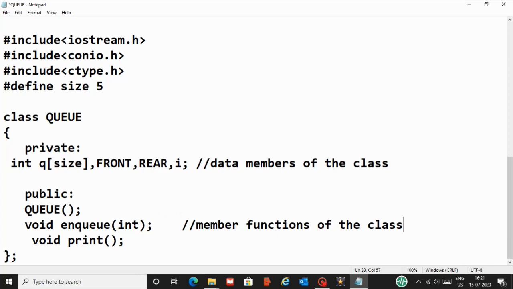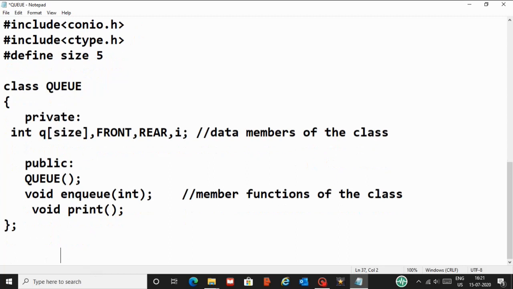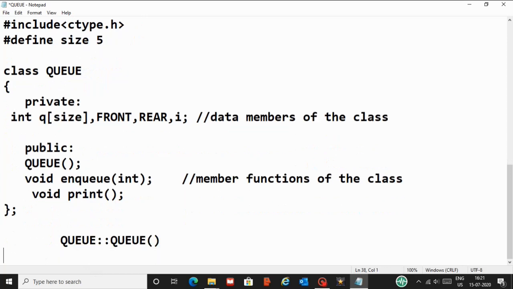My class Q has four data members and three member functions. In that, one is a constructor. Fine. Now let me write the definition of all this outside the class. So it is Q, the name of the class, scope resolution operator, name of the function. So I will say